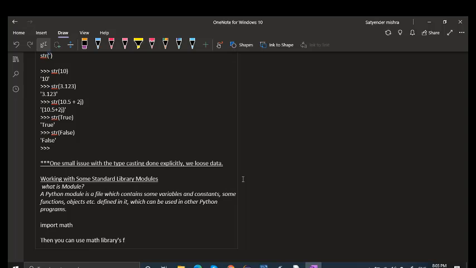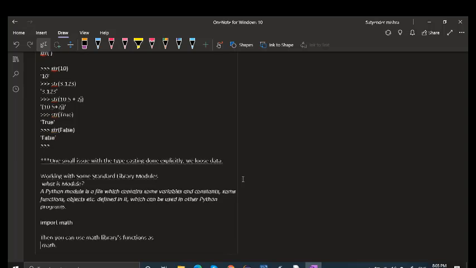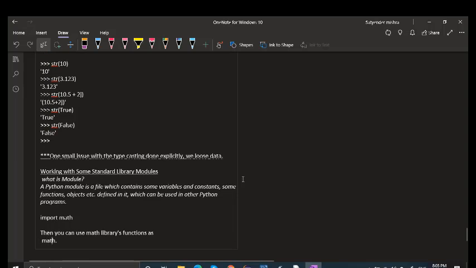How will you use them? You have to type math dot, then the function name, and then automatically you can use it.